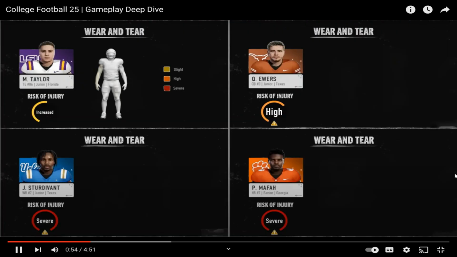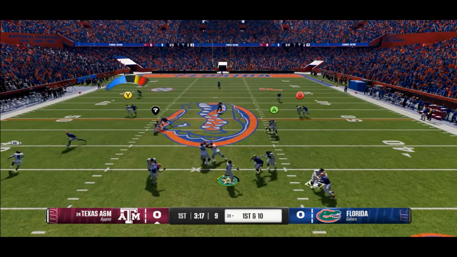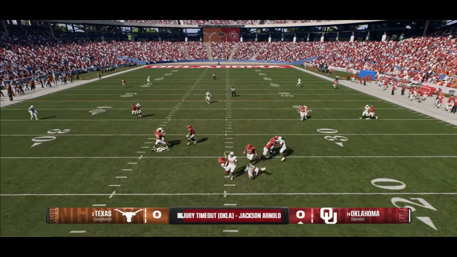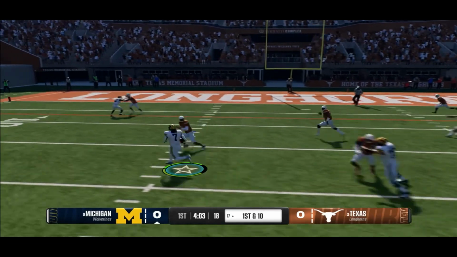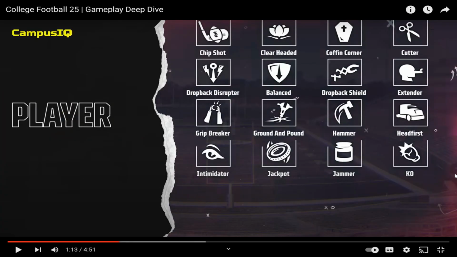real life. Every hit scales differently and will have unique effects on a player's performance as damage and fatigue add up over the course of a game. Managing wear and tear is critical to your team's success, both in a single game and over the course of a season. In EA Sports College Football 25,